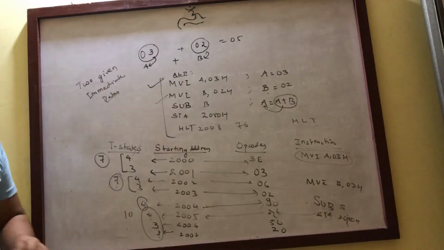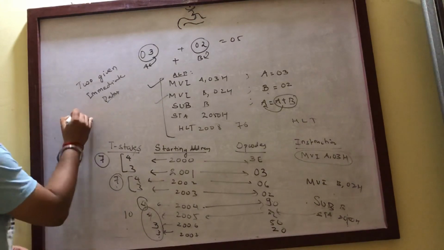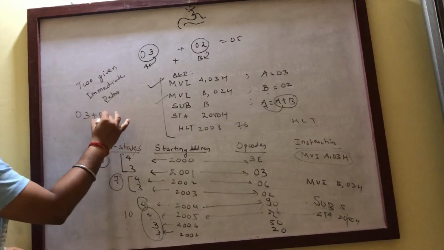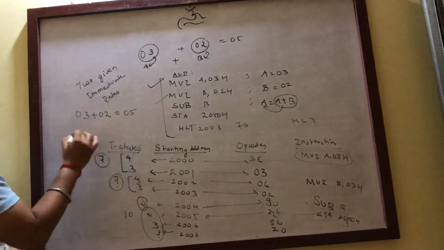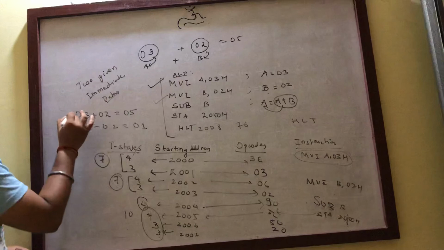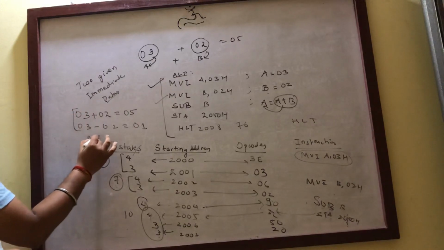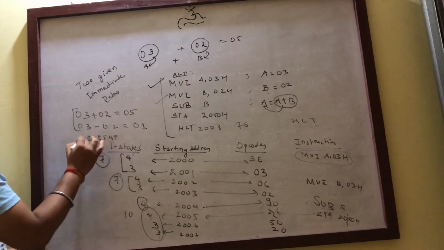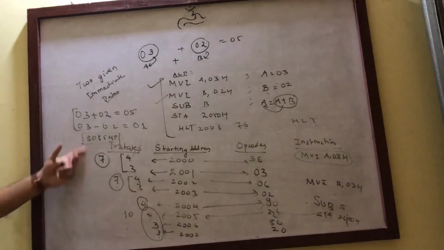And I'll make sure you understand the corresponding result also. Suppose you are adding 3 and 2, the result should come as 5. And if I subtract 3 minus 2, the result should come as 01. Now let us see on the 8085 microprocessor kit whether the result comes or not, because using the same